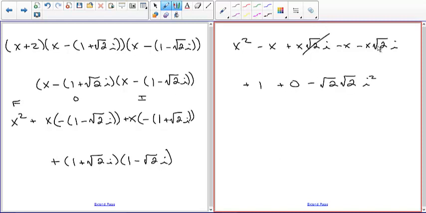Okay, you see those cancel out. This is plus x square root of 2i. This is minus x square root of 2i. These two combine into negative 2x. And then finally we have plus 1. This is 0. Drop that. You end up with negative 2 square root of 2 times square root of 2 is 2 times i squared, which is negative 1. So what we end up with is x squared minus 2x plus 2,